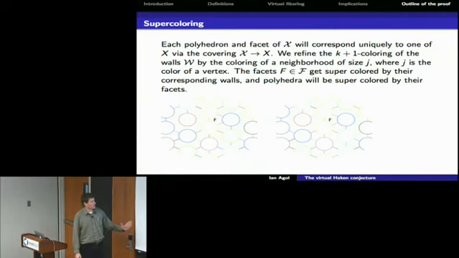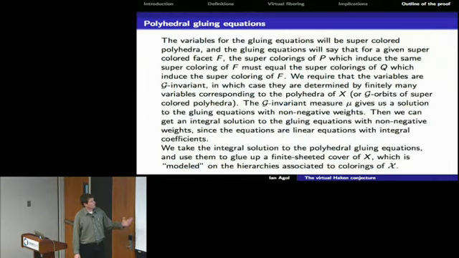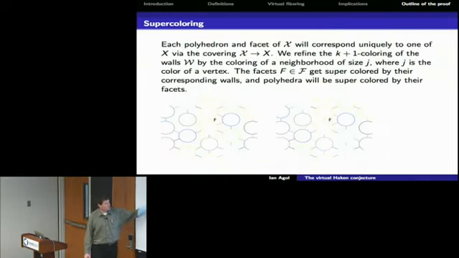Now let me give a brief explanation of why you need to refine the colorings this way. When we reverse engineer the hierarchy, you cut along the walls labeled 1, then along the walls labeled 2, until you get to the walls labeled 7. When you reverse engineer it, you glue the walls labeled 7 together first, so you go in the opposite order. You want to guarantee that all the walls that cross through there match up, so you can glue the next level. That means the walls that cross through that wall